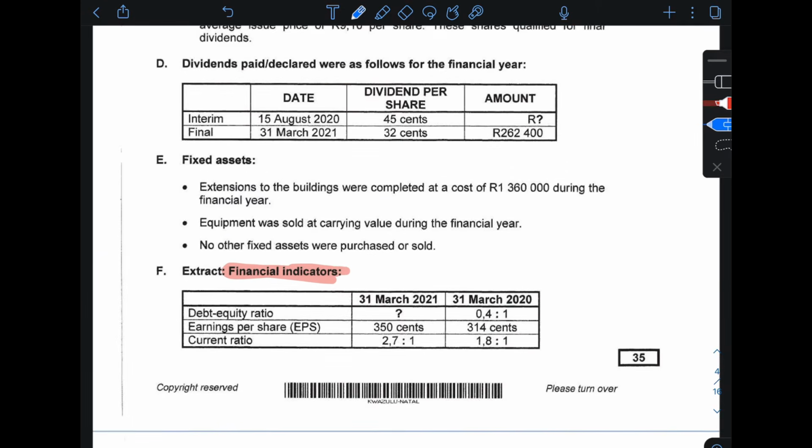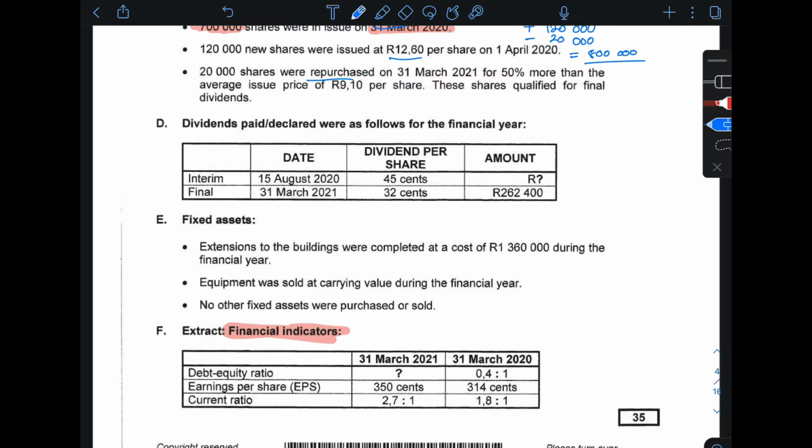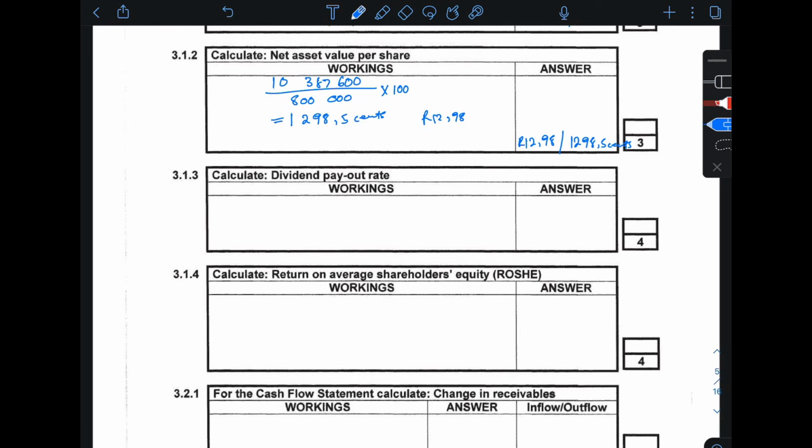Okay, now we're going back to dividends paid or declared. Let's use the information. For interim dividends, they were paid on the 15th of August 2020, and we paid 45 cents per share. On the final dividends, we haven't paid, we declared those on the 31st of March 2021 at 32 cents. So now the dividends per share that we are supposed to give to our shareholders is